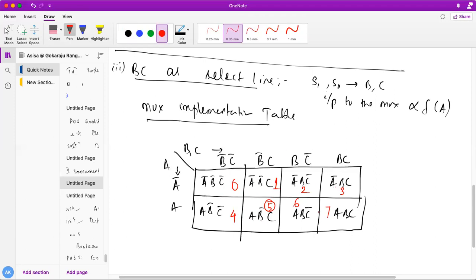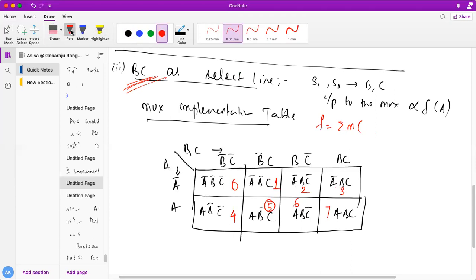See how the minterm position gets changed depending upon the select line. If the select line gets changed, the mux implementation table, the minterm position, is obviously going to change. So see here what I am doing: I have to find out the inputs to the mux now, which is actually the function of A, or 0, or 1. So here, what are the minterms present in my question? My minterms are actually summation of M. So it's not 0, it's starting from actually 1.